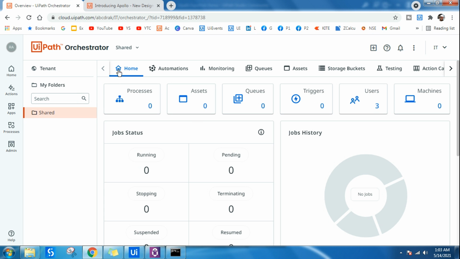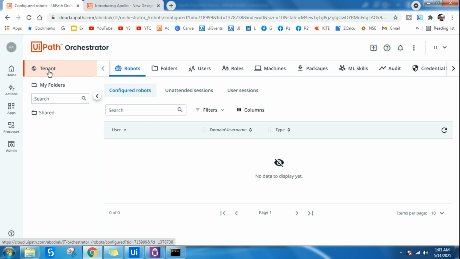Now, the first thing I want to do is create a folder. Here are multiple options. You should be very careful with what I'm doing. The very first thing I'm doing is clicking on tenant. Click on tenants. After clicking on tenant, the very first thing you can do, instead of folder, I will go to that next step, but after creating the tenant, coming to this page, I need to click on machines. I'm going to provision the machine, so I'll click on machines.